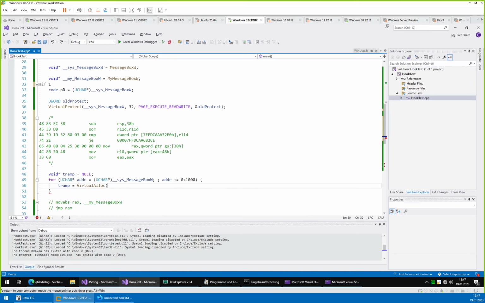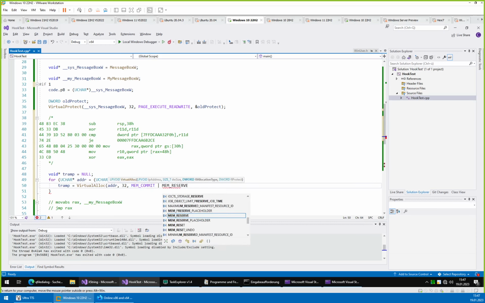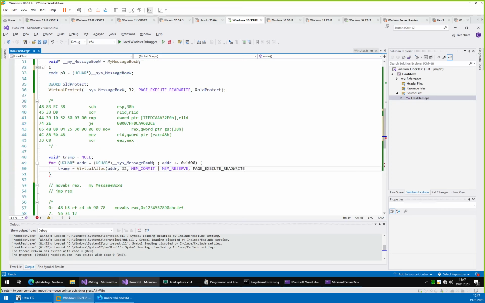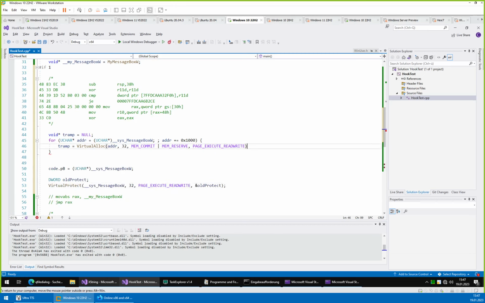And then we specify the size. Let's say 32 bytes should be enough. Then we specify the allocation type, MEM_COMMIT and MEM_RESERVE. Yes, and then we specify the page protection, and here we go with our execute read write. Actually, we should probably do this at the very top. Okay, and if this is not null,